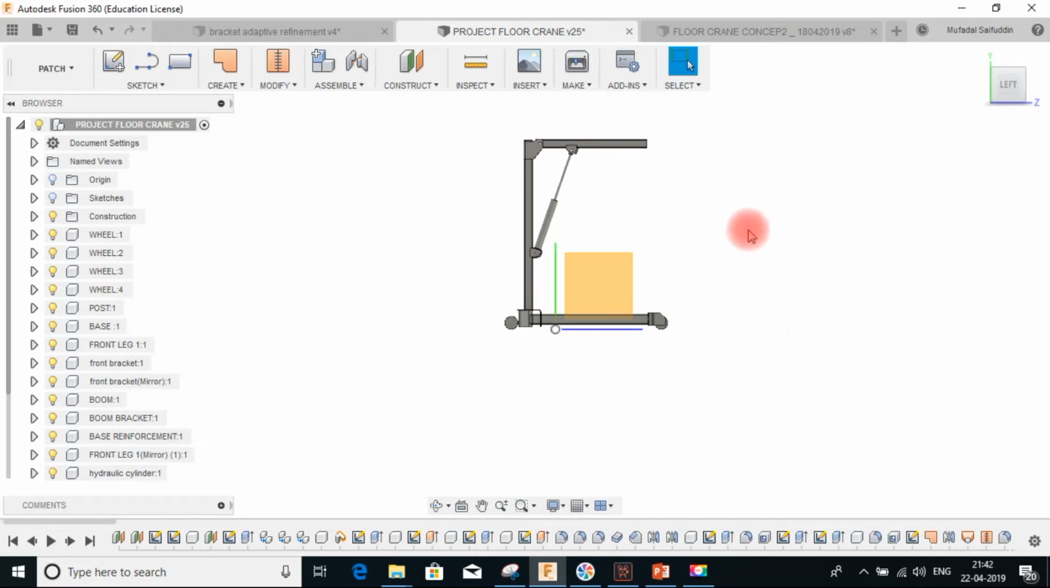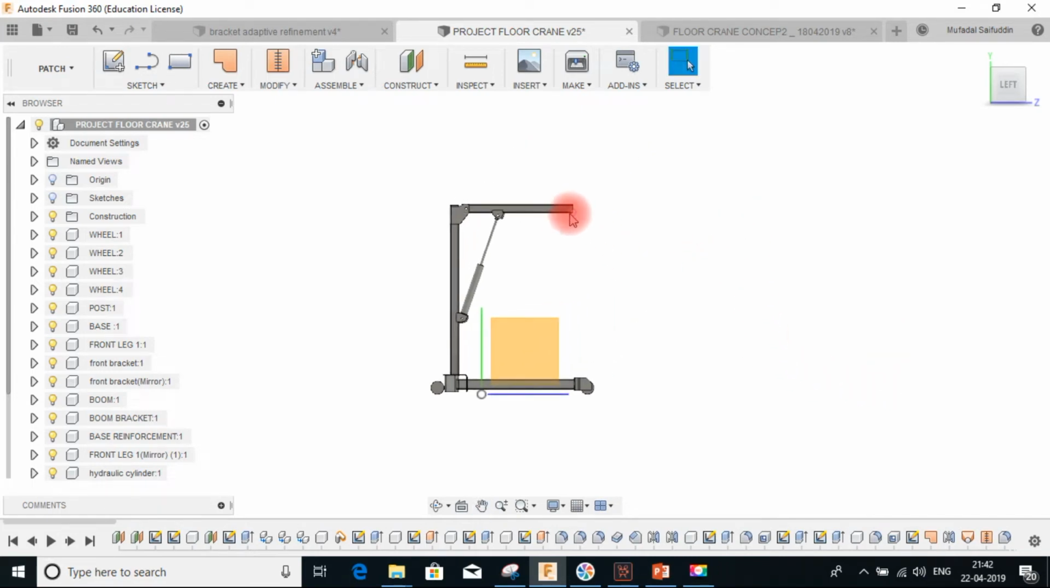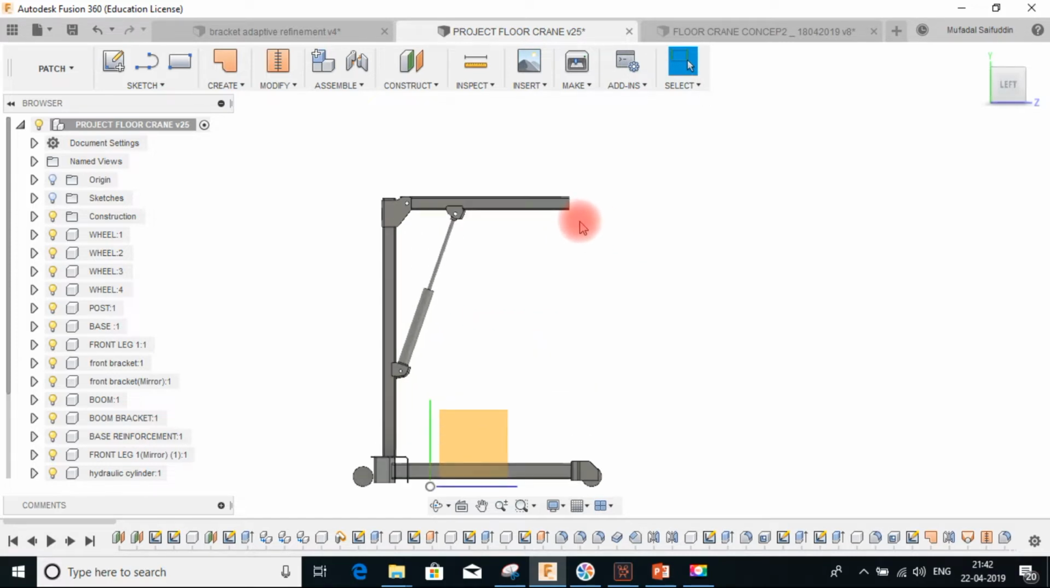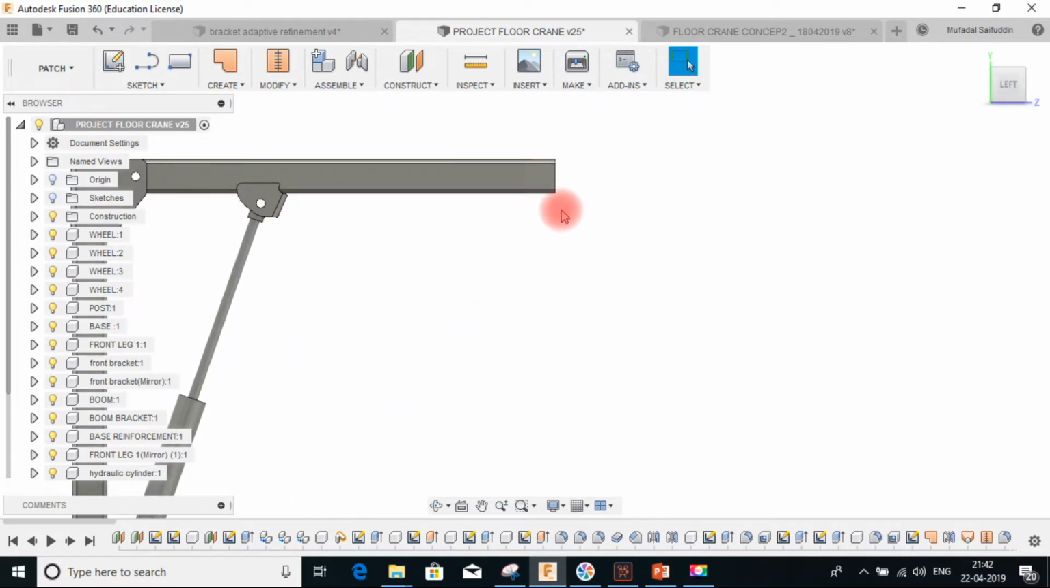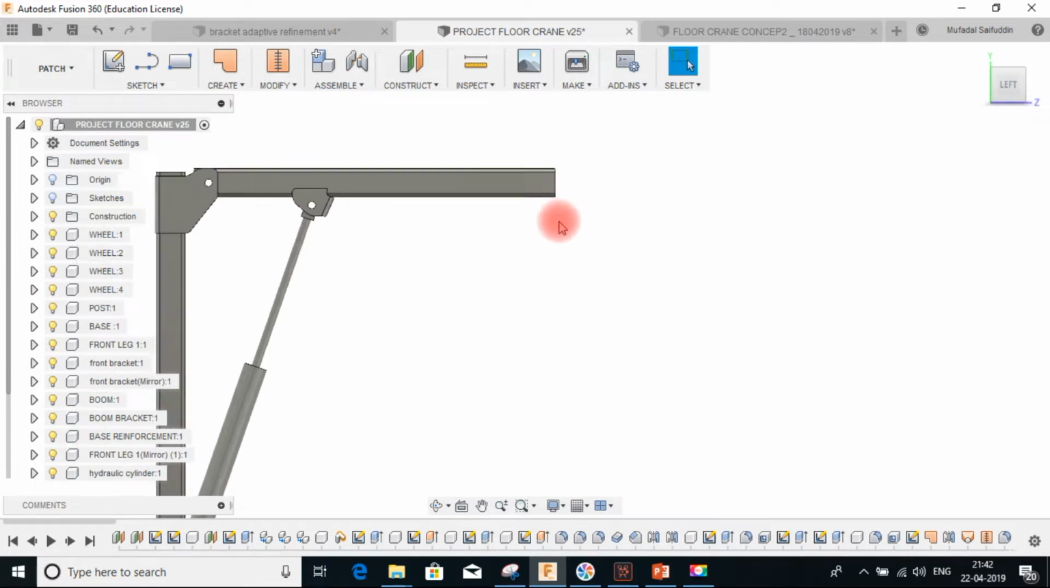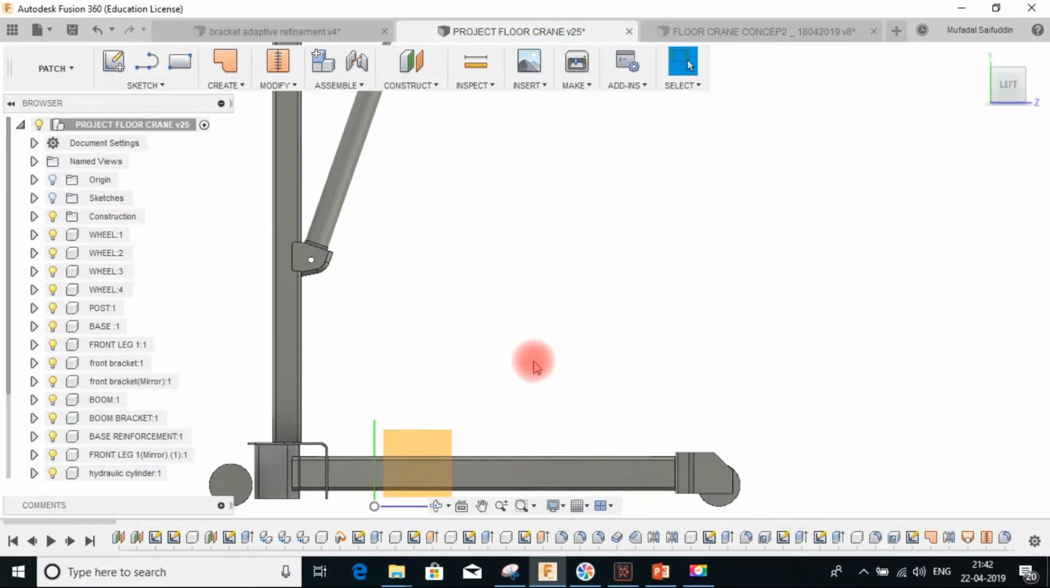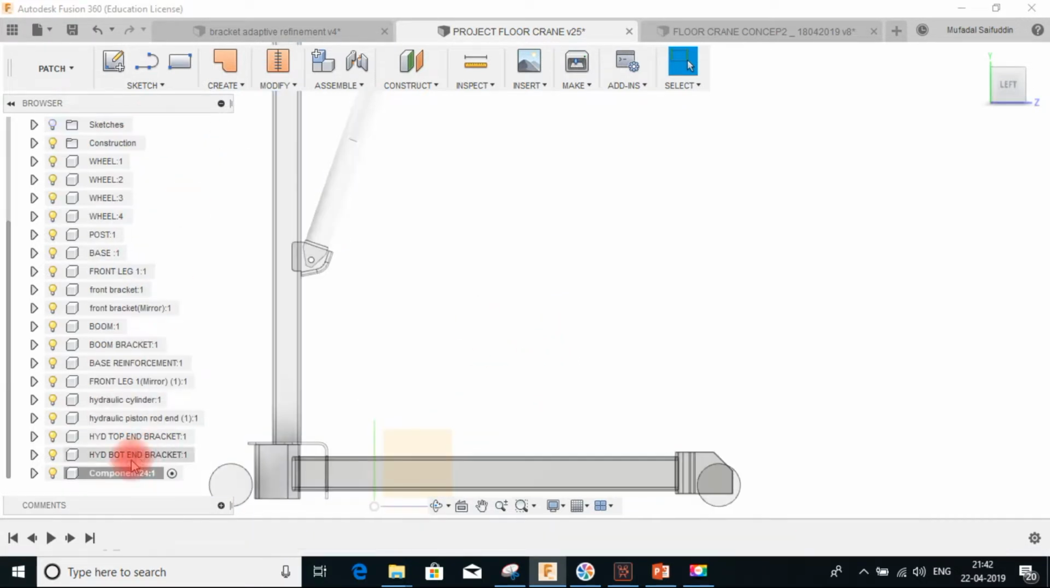Now we are going to model the hook, which is going to be the attachment for the load on the boom. So we'll be modeling the hook and we'll be sketching the profile first. So let us sketch on the mid plane. Before that, let us make a component, new component, hook,